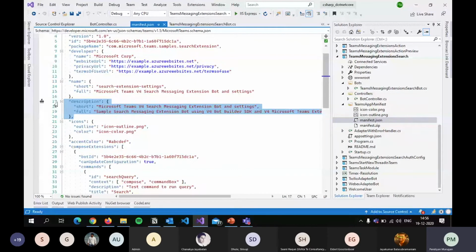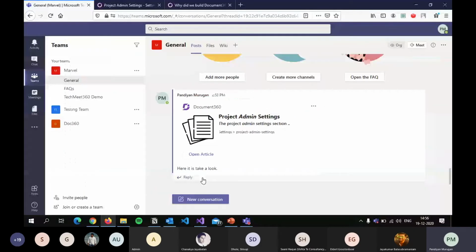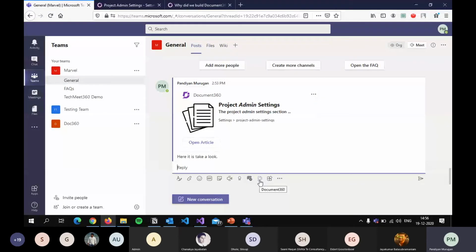Then there are the outline and color of the icons. This outline will be presented in this place, and this is one of the colors we have. Another place is when you're searching in the marketplace, let's say for Document 360.